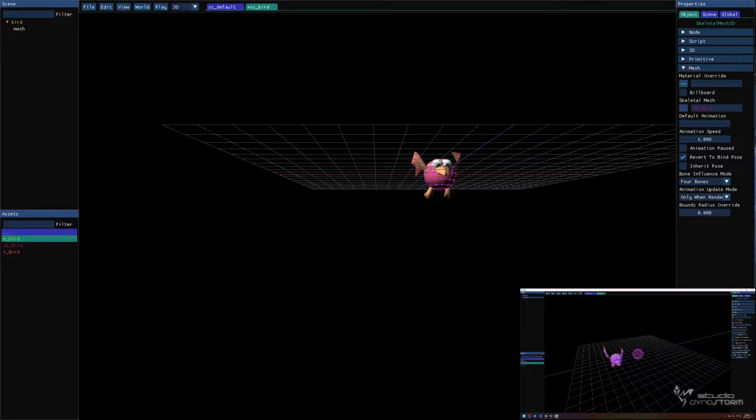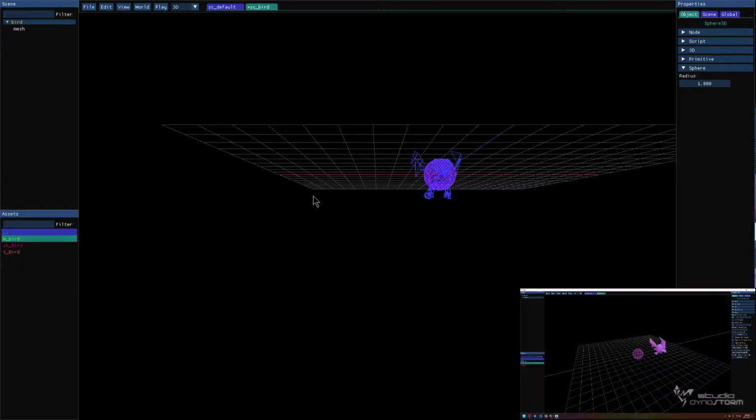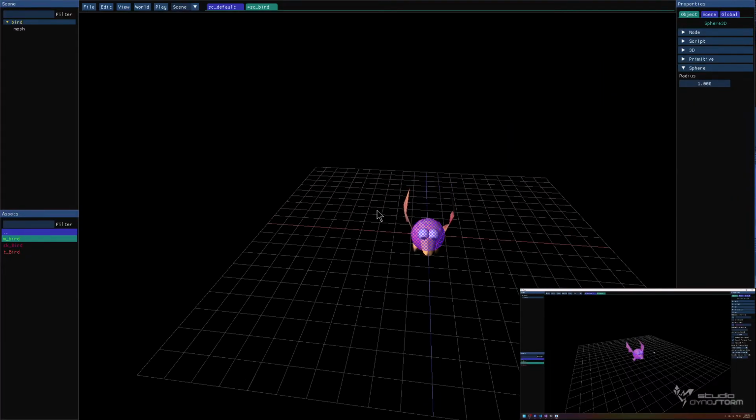Hit X while you are moving it, and that will lock it to the X-axis. You can do the same thing for the Y or the Z-axis. And if you right-click during this time, it will abort the operation and set the transform back to whatever it was before. Could we have escape as well? That'll be really useful. All right, press escape to back out of transform